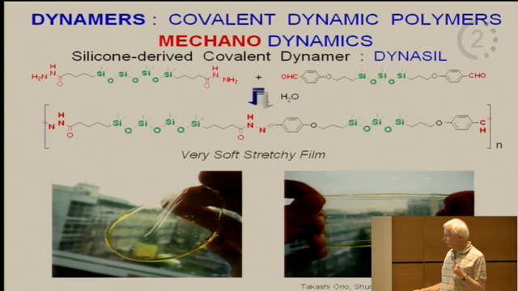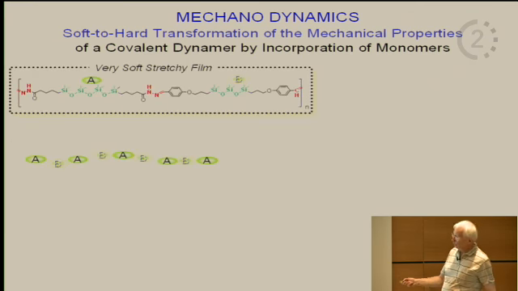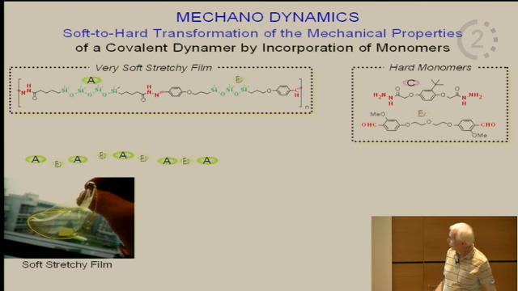But we wanted to start with this, because if you now treat this thing, you make that, which you just saw, and you now add to this what you might call hard monomers. This monomer with a hard center, so hard meaning not so flexible, and this monomer still flexible, but by far not as flexible as dimethylsiloxane containing units. You add it,